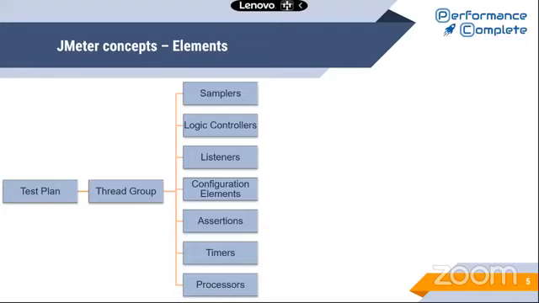Okay. So these are different components in JMeter, and let's quickly go through those, and I'll show all these components in our tool as well. The first one is a test plan. A test plan is simply a bucket in JMeter where all of your scripts, all of your thread groups, everything comes under the test plan. You can keep a test plan as a project. You can keep test plans for individual modules. That's completely up to you.